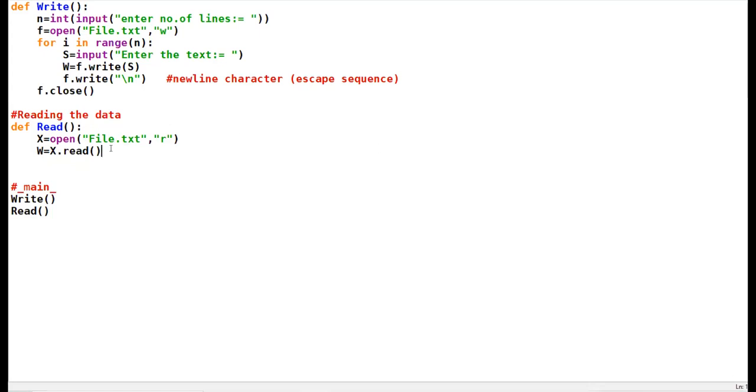Now, whenever you are to move word by word, we will take one special function that will divide your data of the file into individual words. That function is split.